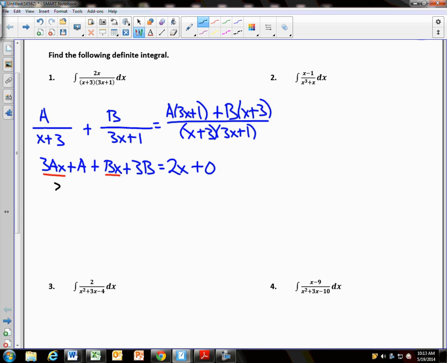So therefore, 3A plus B has to equal 2. My constants add up to 0. My constants are ones that don't have x's on them, namely A plus 3B is equal to